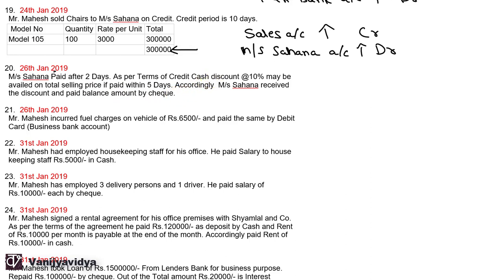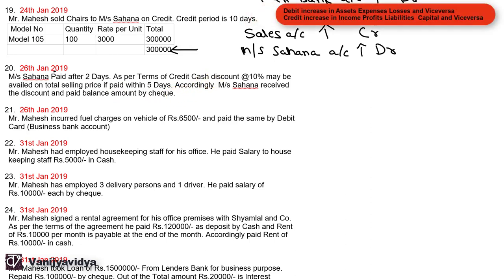So Messrs. Sahana has paid after 2 days. So what is the total amount payable? It is in the entry number 19. Total amount payable is 3 lakhs. So 3 lakhs is the amount payable and it has paid within 2 days. So it has received a cash discount of 10%. So cash discount is how much? 10% of 3 lakhs. That comes to 30,000. So this is a cash discount. So after reducing this cash discount, the net amount is